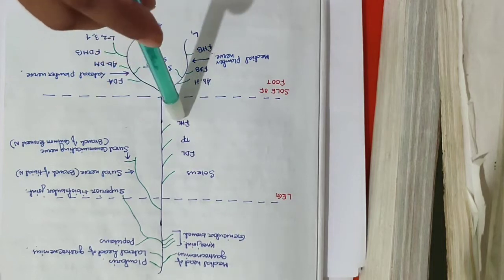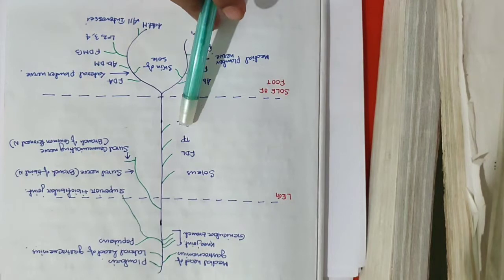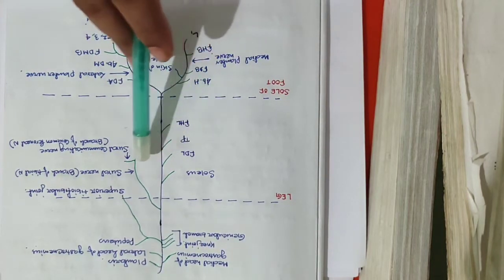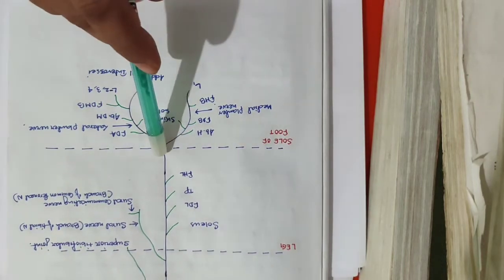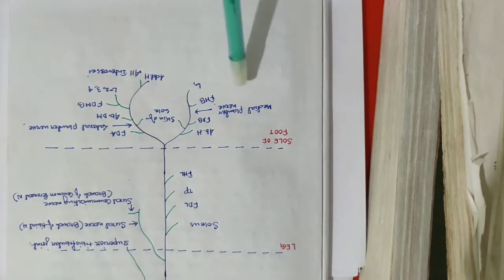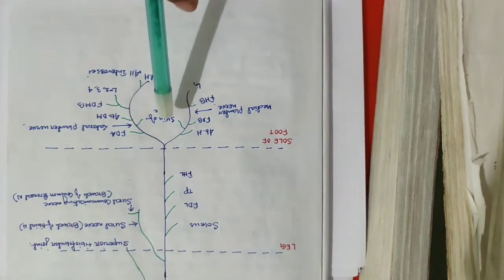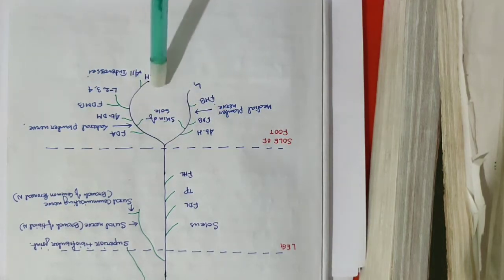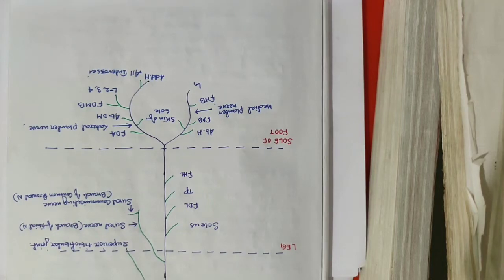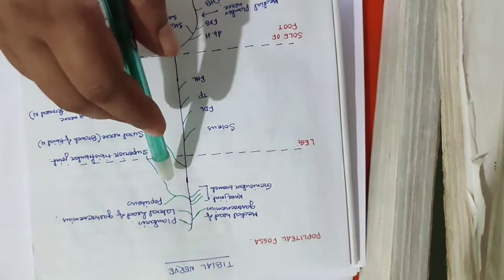These are the deep muscles of the posterior compartment of the leg: the soleus, flexor digitorum longus, tibialis posterior, and flexor hallucis longus. Then in the sole of the foot, it also gives 2 branches: one is the medial plantar nerve, another is the lateral plantar nerve, and they supply various muscles. I will discuss that later. So first one, that is the popliteal fossa.